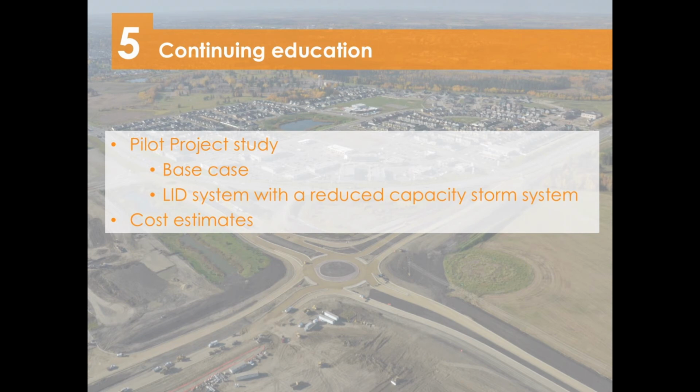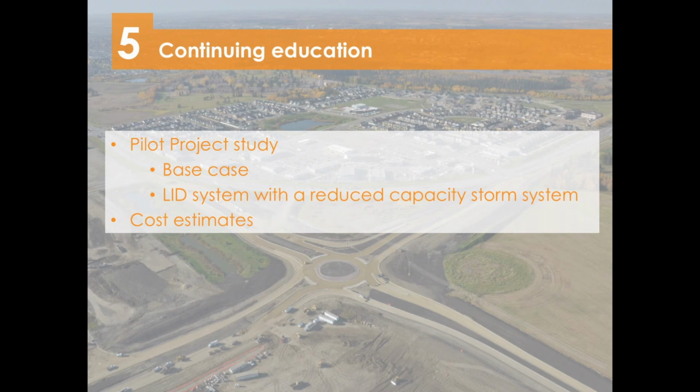This generic development was roughly a quarter section. It had some grade to it, and had a natural wetland on it that we were keeping. And this was done only as an academic study. Certain areas of the development were looked at in detail to determine where the best places throughout a development were to put these LIDs. Several different types of land use were used to get an overall strategy for a typical development,